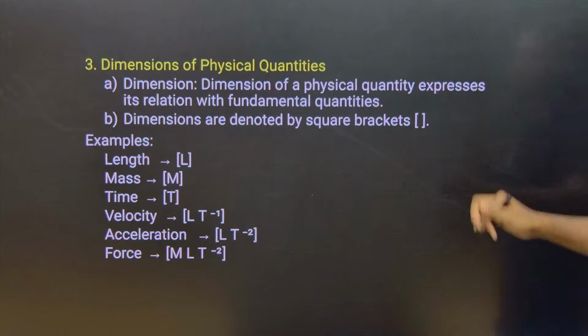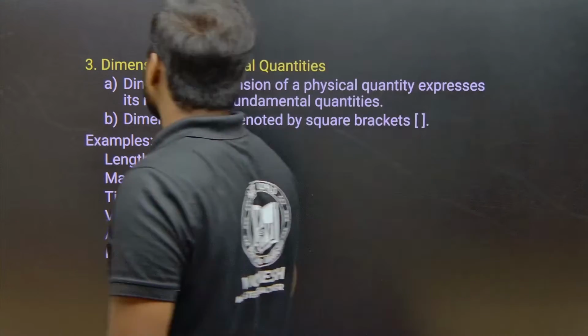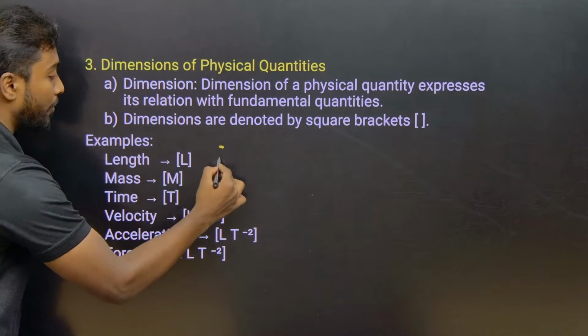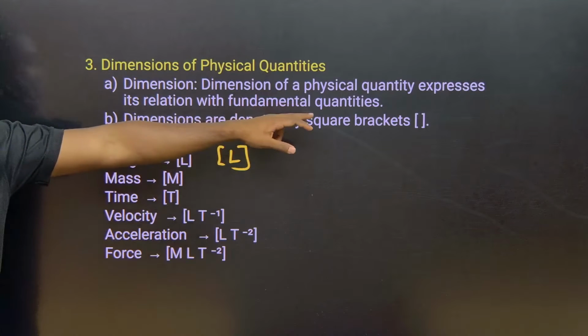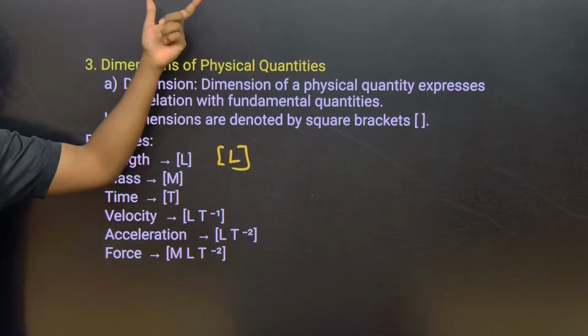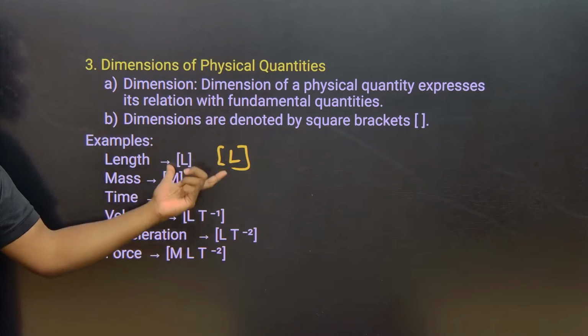Yeah. Next one is dimensions of physical quantities. So dimension is nothing but, like we have studied about length, no. Length is denoted by the letter L in the close bracket. First thing, dimensions of a physical quantity express its relation with the fundamental quantities. Whatever fundamental quantities we have seen, the 7 fundamental quantities, those things are expressed in terms of